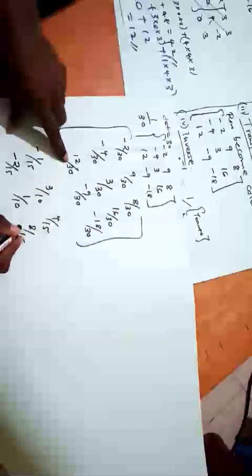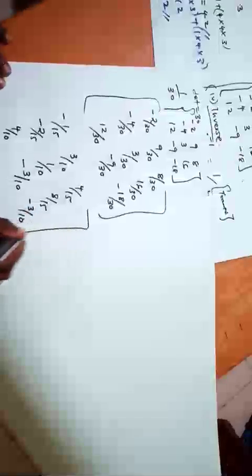This one we divide by 2, it gives us 8 over 15. This one we divide by 3, it gives us 4 over 10. This one we divide by 3, it gives us negative 3 over 10. This one we divide by 6, it gives us negative 3 over 10. So this is our inverse of the matrix. But we were not looking